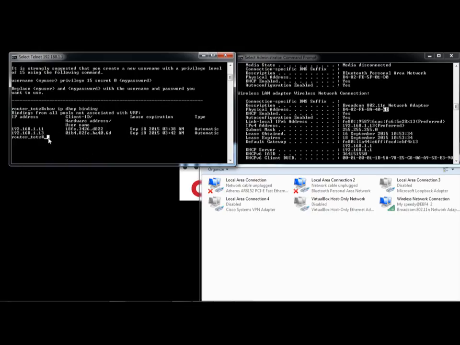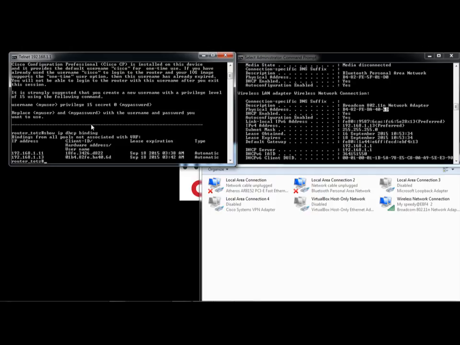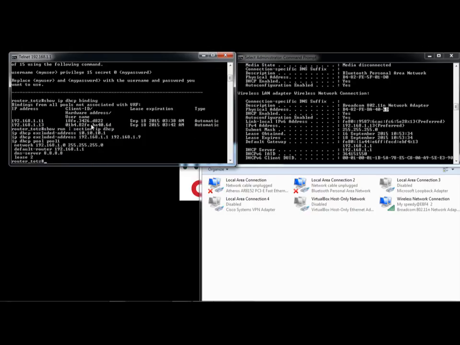Okay, so in bottom line you already configured your DHCP pool, ip dhcp pool. For recap, let us do show run and pipe section ip dhcp. Okay, ip dhcp excluded address. This is from my previous configuration.